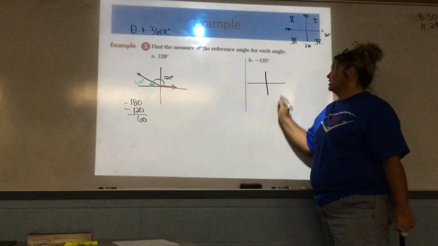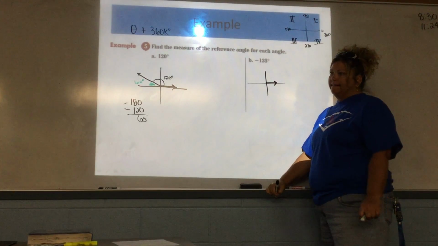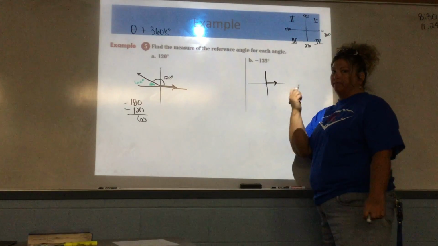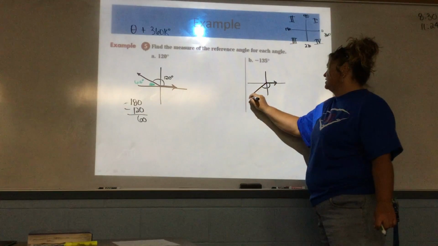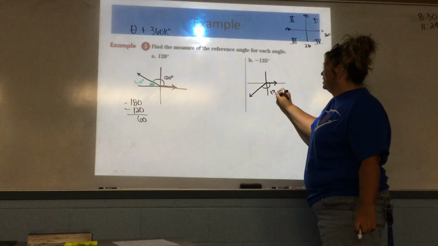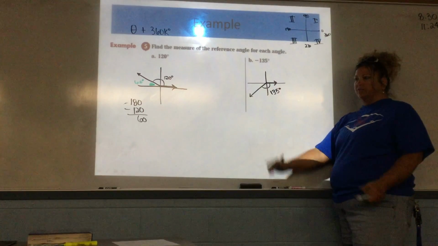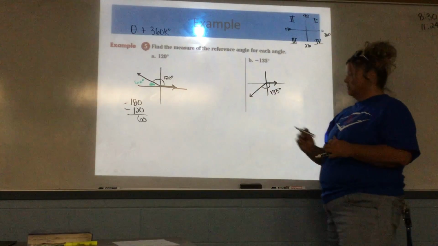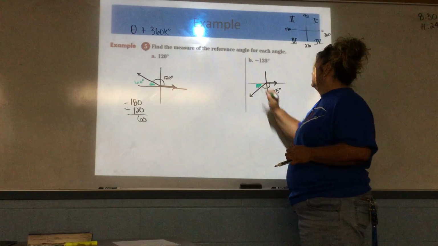Okay, if it's negative, in standard position, which way does my thing go? Do I go up? Do I go down? Clockwise. Okay? 90, 135 is somewhere over here. It's 135 degrees. 180. Where's the reference angle, on the left or the right? The left. So I need to find out what this is gonna be. 180 plus